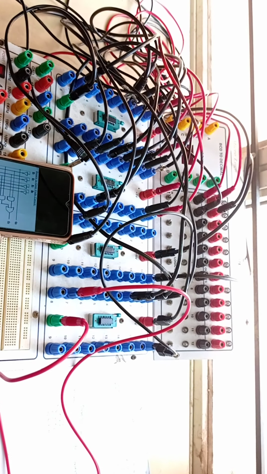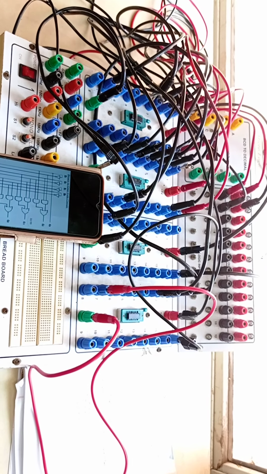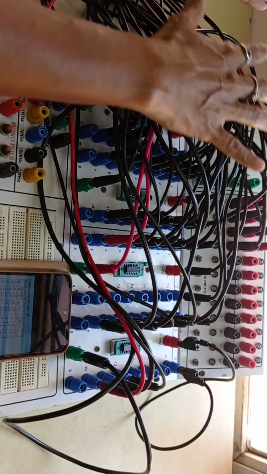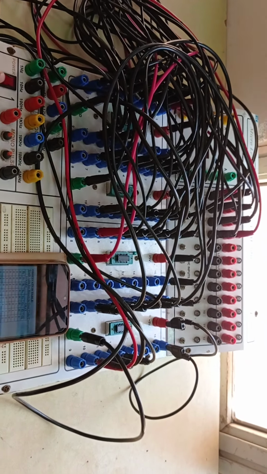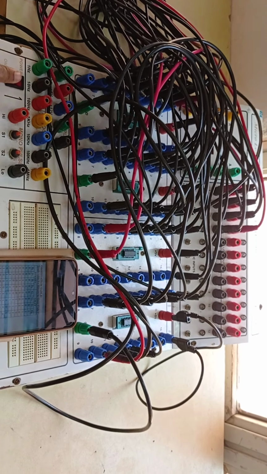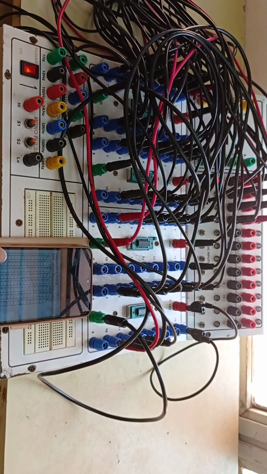Now we'll connect the remaining B1 and B2 as same. So now the connections were completed according to the circuit design. Now I'll switch on the trainer kit and we'll check the output according to the truth table.